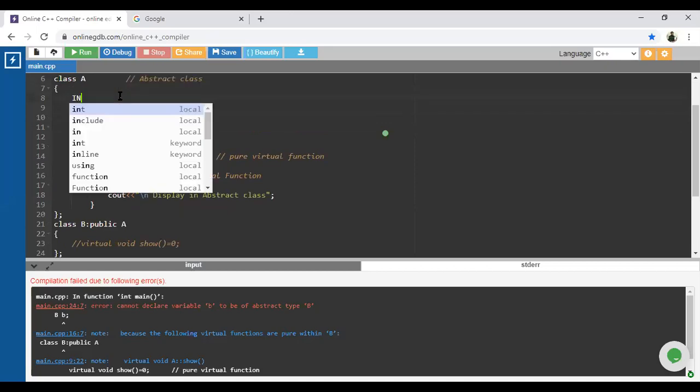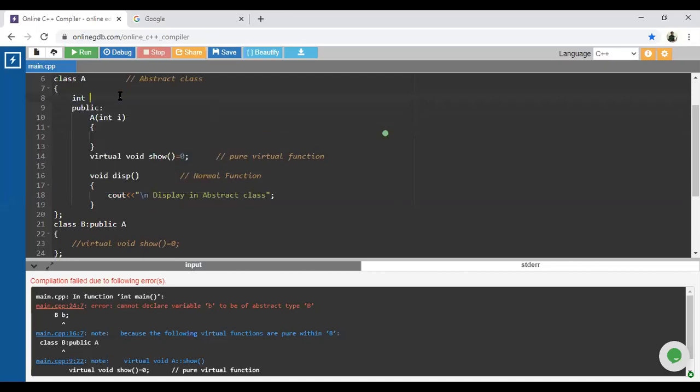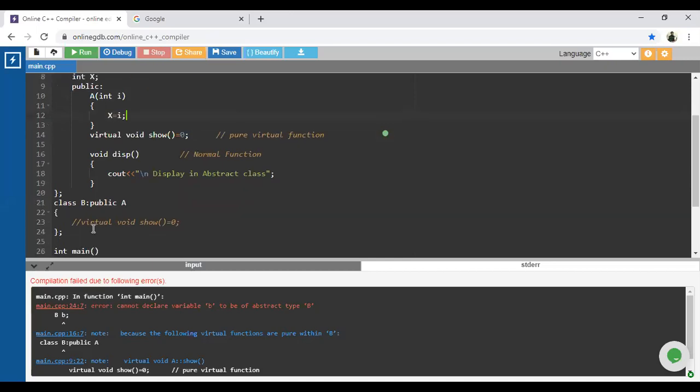Suppose I use an integer, capital X, a local instance variable, and I initialize that instance variable with X equal to I. So this is nothing but the parameterized constructor inside the base class.